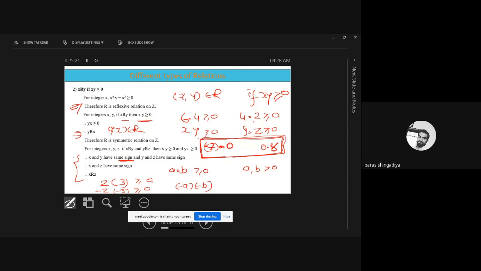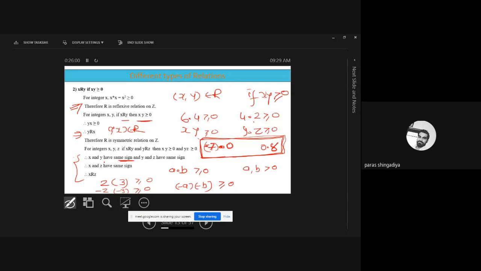Second one is minus a times minus b. This is also one case we have, which also reflects the greater than or equal to 0 answer. When it is greater than or equal to 0, then both have the same sign. Both should have the same sign: minus a, and it also reflects the same sign for b. Then it is a greater than or equal to 0 answer. Both should have the same sign. Then it is valid, and that is given for all such a, b belonging to Z.